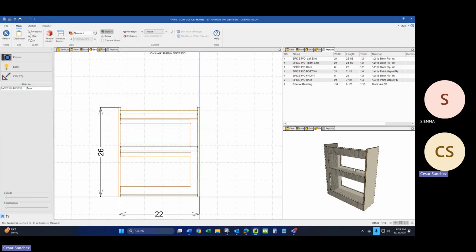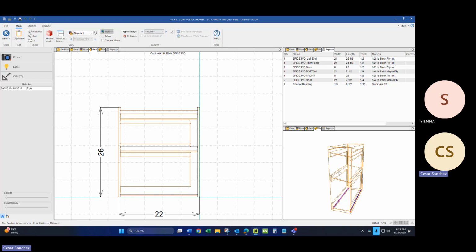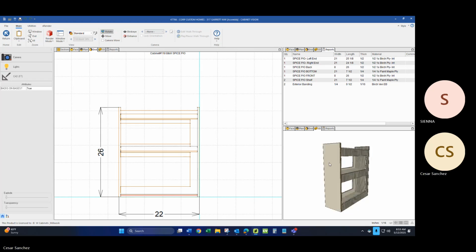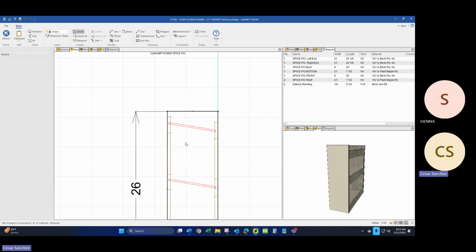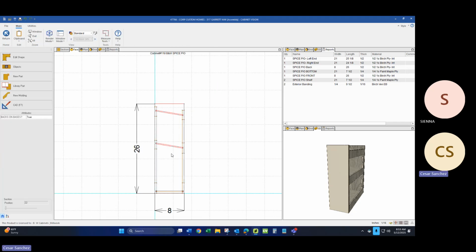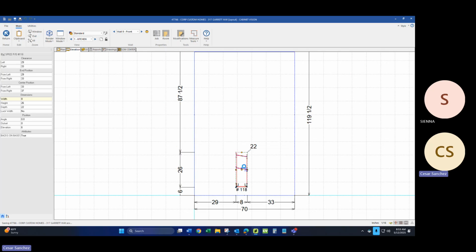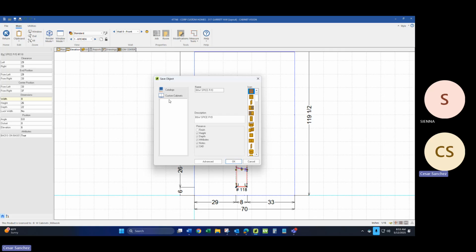There you go. I'm done with that. And now, okay, so let's go ahead and resave this, but we're not going to save it. We're going to save it as a new object basically. So you're going to click on it, don't do save, do save as, catalog, custom cabinets, and then put